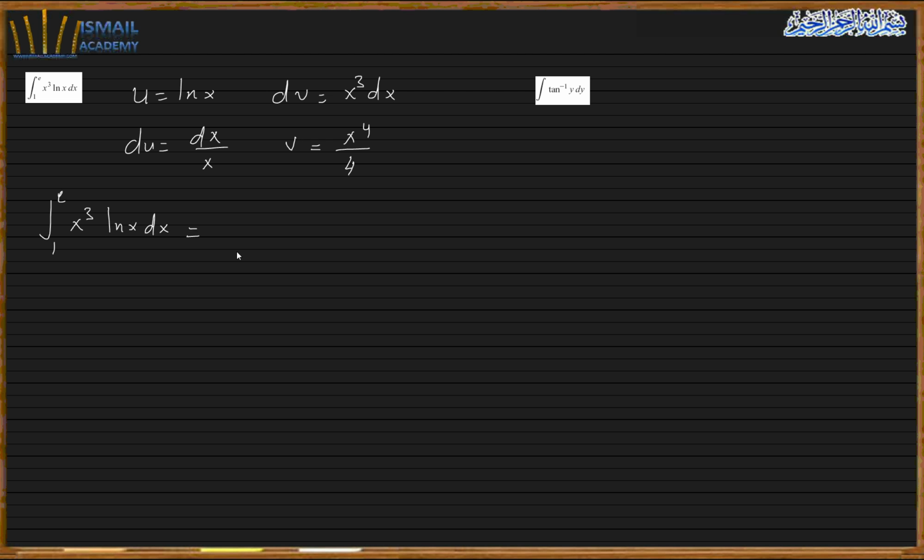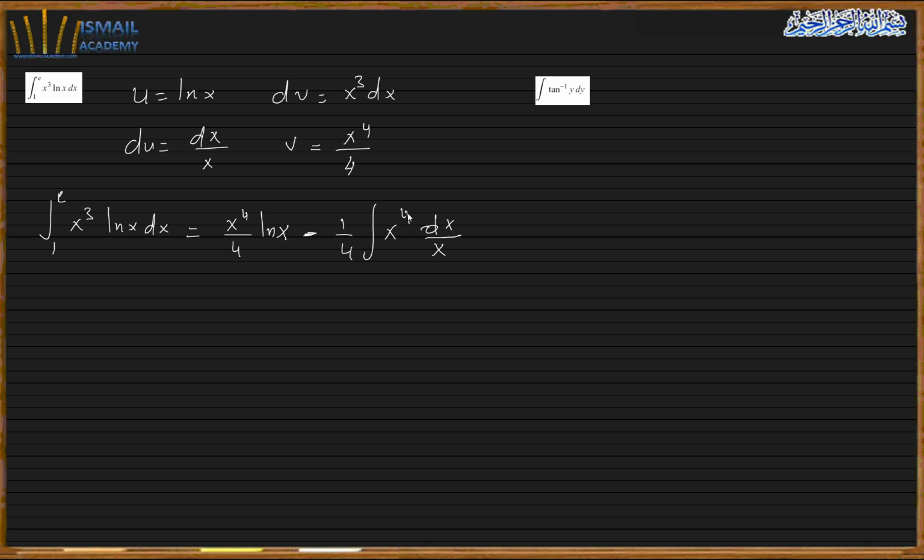So it becomes uv, which is going to be x to the 4 over 4 ln of x. Don't put x to the 4 next to ln of x, but put it before, so you don't get confused and think this is multiplication of x and x to the 4. Minus v du. So it's going to be 1 over 4 the integral of x to the 4 dx over x,